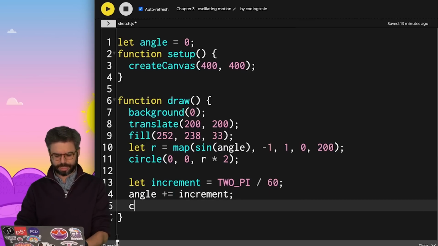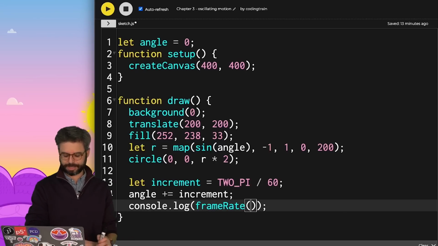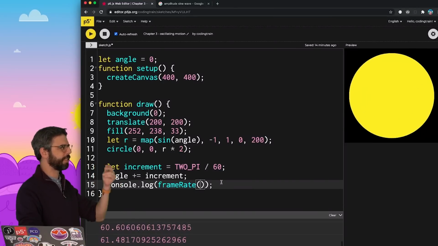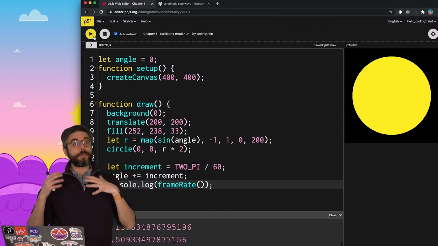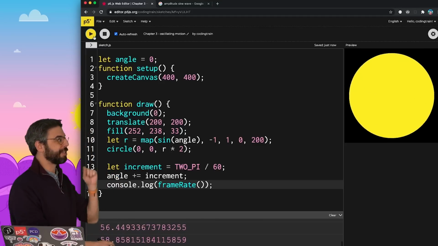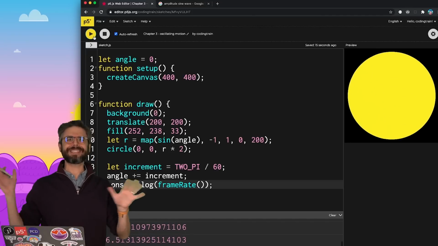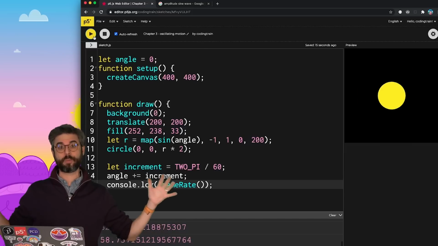Let me also just console log the frame rate, just because I am curious to know if it is really about 60 frames per second. So we should be able to sort of see this is like 1 second, 2 seconds, 3 seconds, 4 seconds. Now this is only approximate because I'm not locking the frame rate to the actual milliseconds, rather just saying, I think it's about 60 frames per second, so let me do 60 frames for one full cycle through the oscillation.